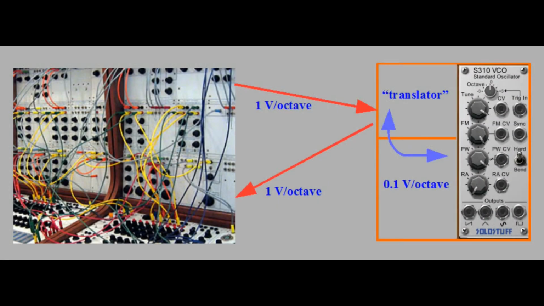Well, to be precise, the oscillator works internally at 0.1 volt per octave scheme, but for interconnectivity with other modules, for example hardware SoloRack systems, the result stays the same. The S310 VCO is compatible with them, and with my DAW and with other soft synths. A matter which I'm going to talk about in a later video when I deal with the modules in the from or to